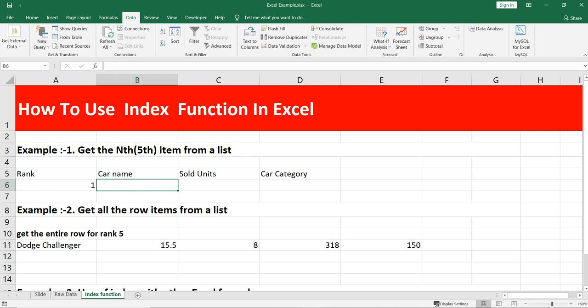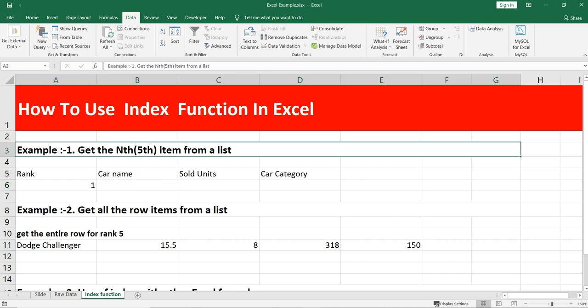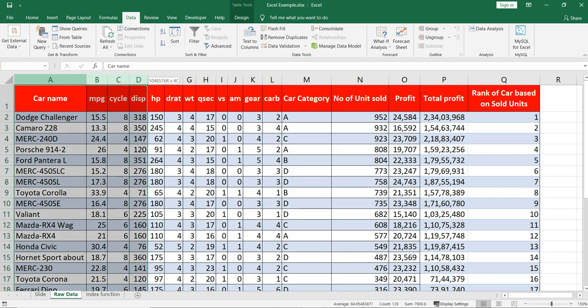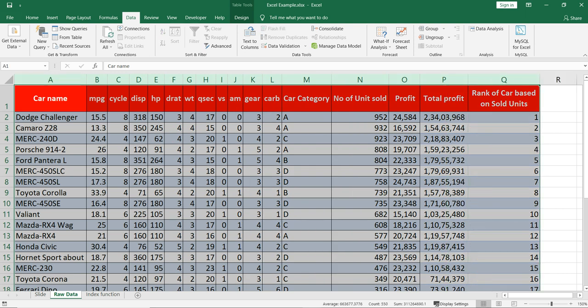Basically, the INDEX function has 3 different parameters, which we will discuss when we start writing the formula for INDEX. Our question was to get the fifth item from a list, and this is our list, from column A till column Q, a list of cars with their features, the number of units sold, how much profit they made, the total profit from that particular car based on the units sold, and the rank of the car based on the units sold.